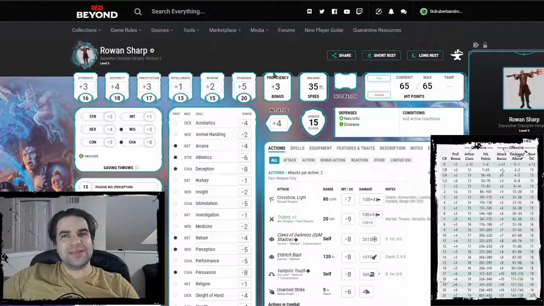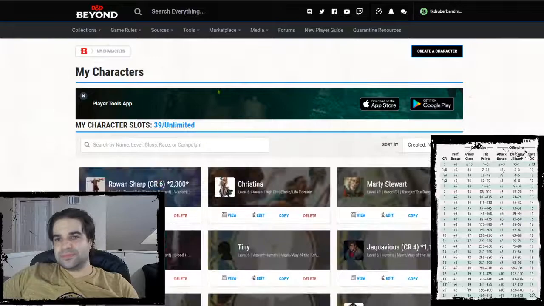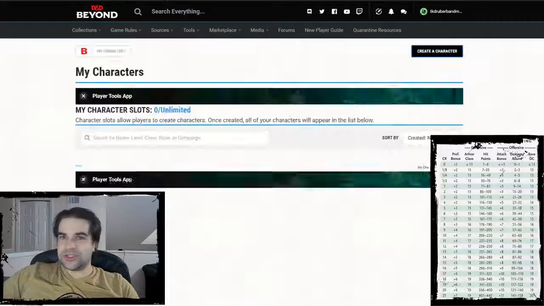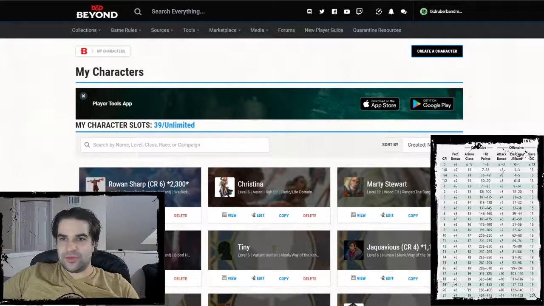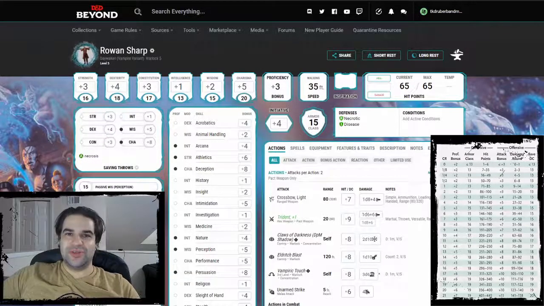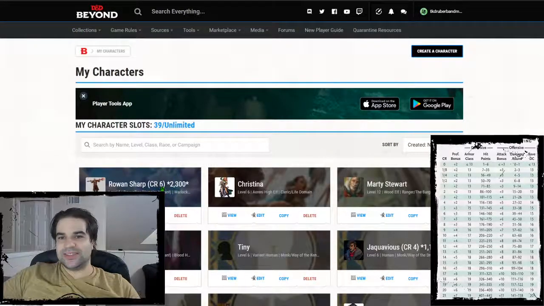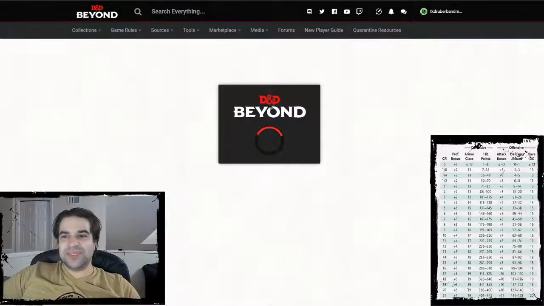What? I don't know why it's not popping up. That's weird. Hitting a snag in the wonderful D&D Beyond. Let's refresh this just in case. Well, eventually, hopefully, it'll show up on your thing. But if not, you can always just see it right here in the list that it is CR 6, 2300 experience. And that is how you turn an NPC and give it